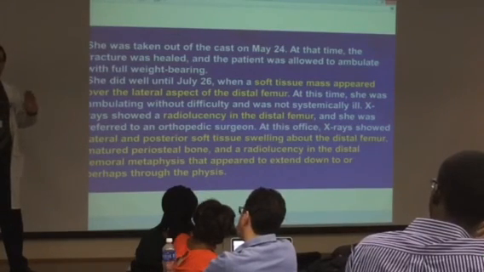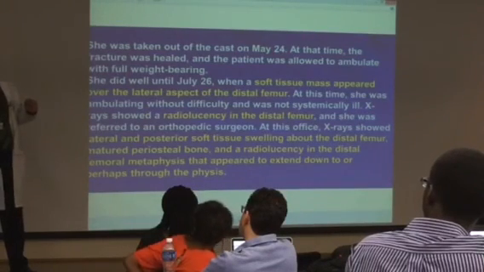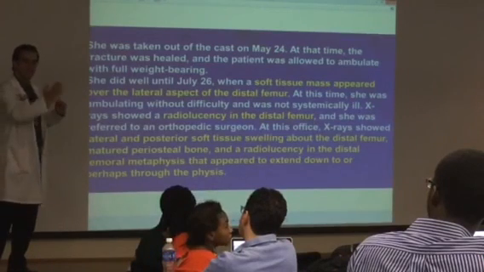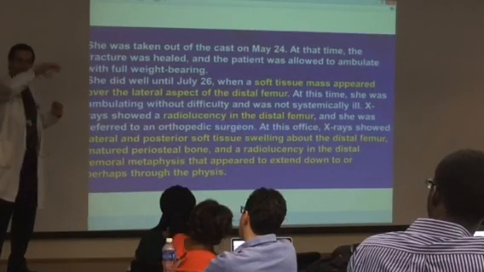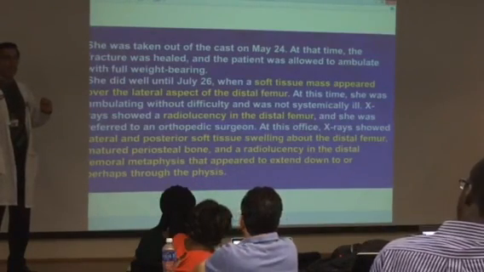Based on age, the location is a little bit different. If you think about the neonate, in neonate actually, the vessels in the metaphysis enter into the epiphysis, so they penetrate the epiphysis. So in neonate, when you have osteomyelitis, you're going to have an involvement